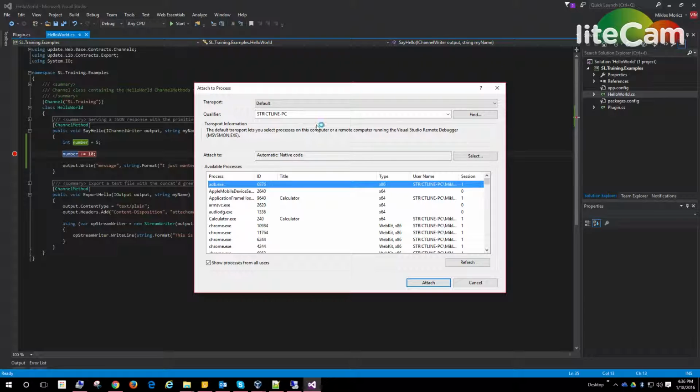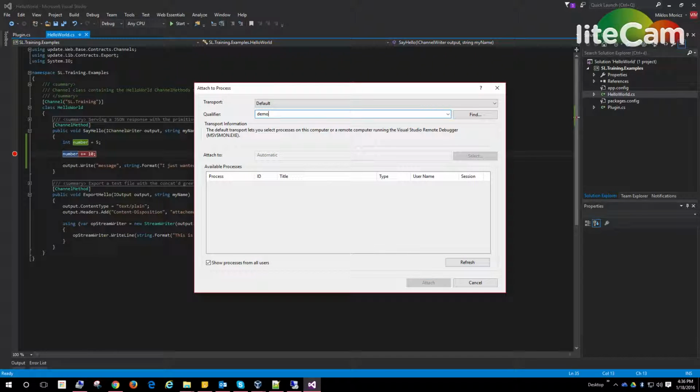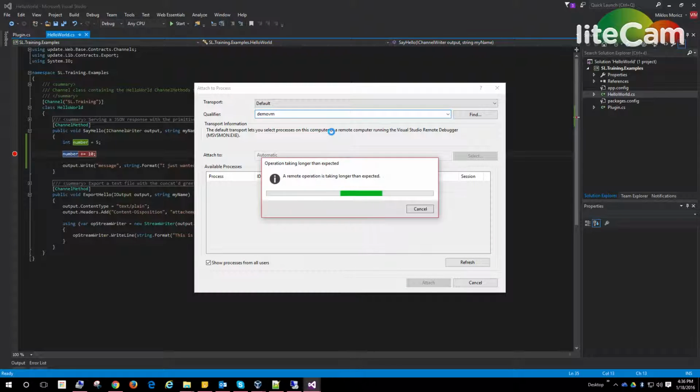For that, of course, we won't browse from our localhost. Rather than that, just say demo VM, I already mapped the static IP address of my virtual machine, and I press enter. So you need to provide an IP address or hostname